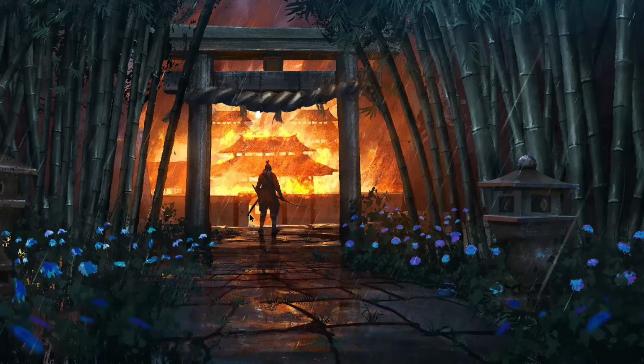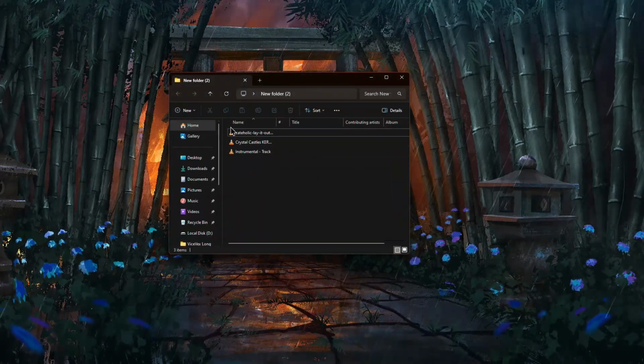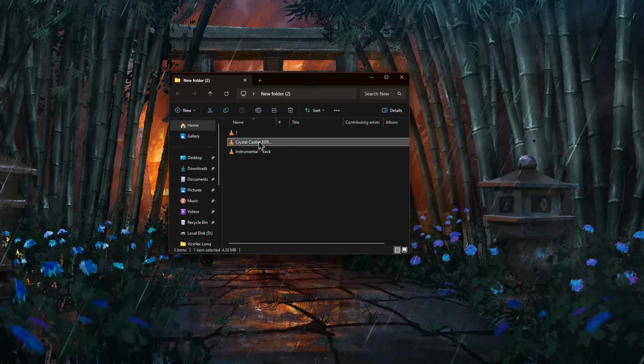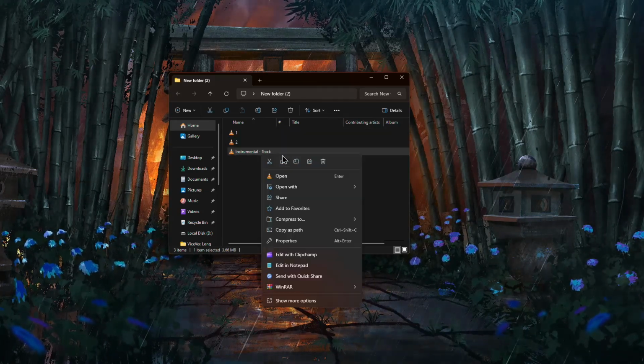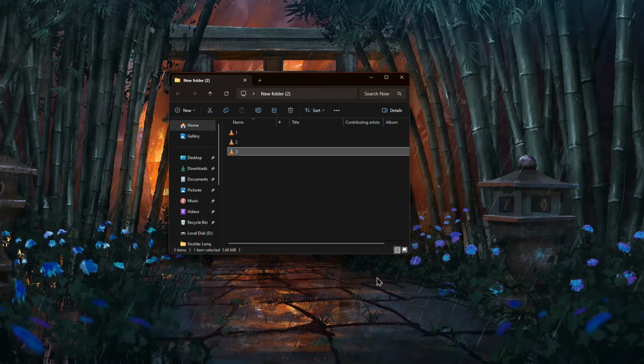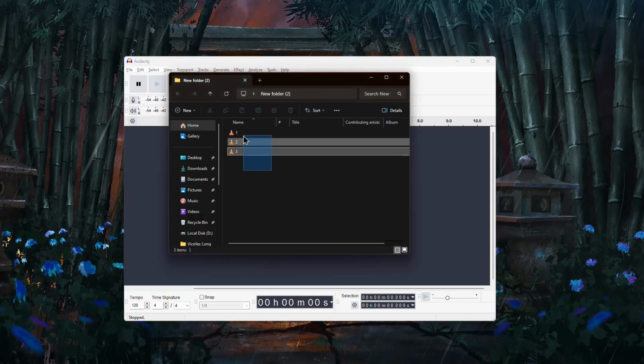To combine audio tracks in Audacity, start by locating the folder where your audio files are stored. To ensure the tracks are arranged properly, rename them and assign numbers starting from 1, depending on the order you want. Once you have renamed all the audio files, open Audacity and drag and drop all the files into the